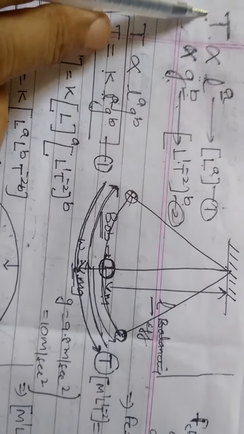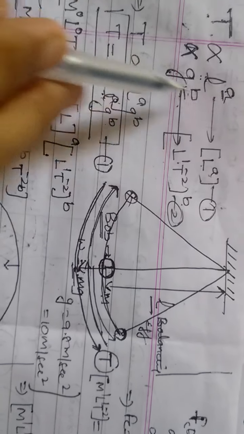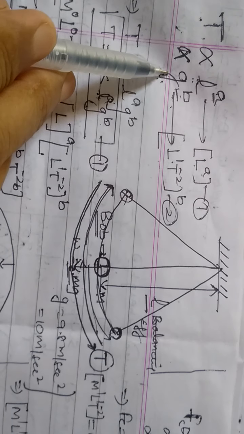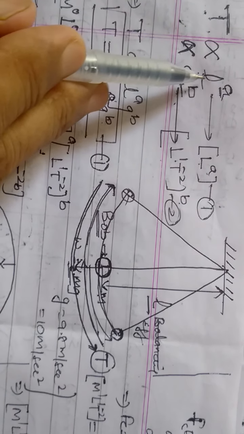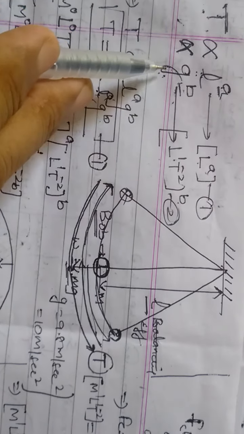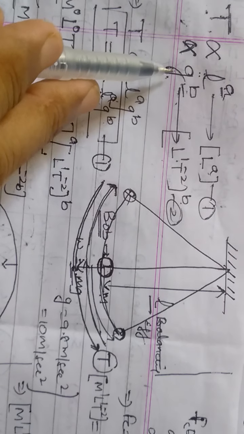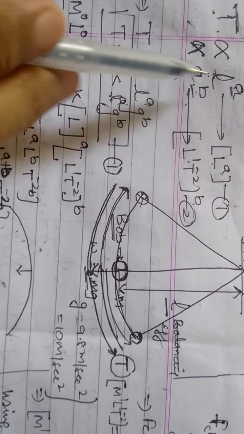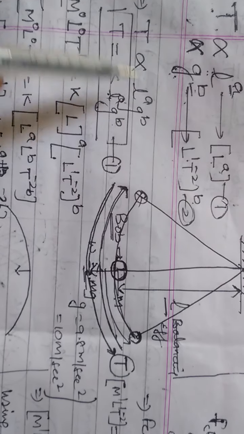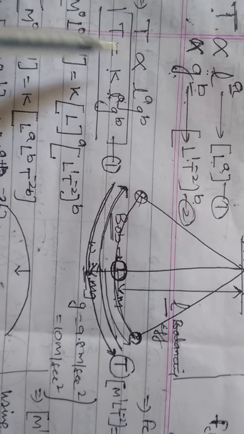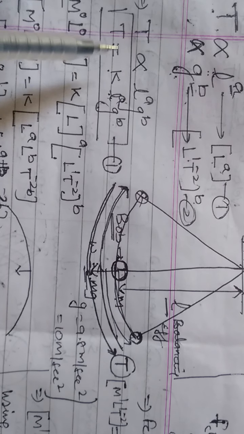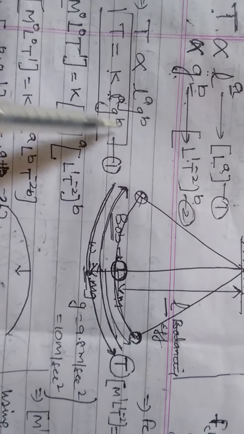And second, the time period depends upon acceleration due to gravity. A is the dimension of length and B is the dimension of acceleration due to gravity here. So T depends on both factors, on both physical quantities: first is effective length and second is acceleration due to gravity. Now I am combining these two. When I combine equation first and equation second, I can write T is directly proportional to L^A and G^B. Whenever we eliminate the proportionality sign, we always put K, any constant. Now T becomes T = K L^A G^B.